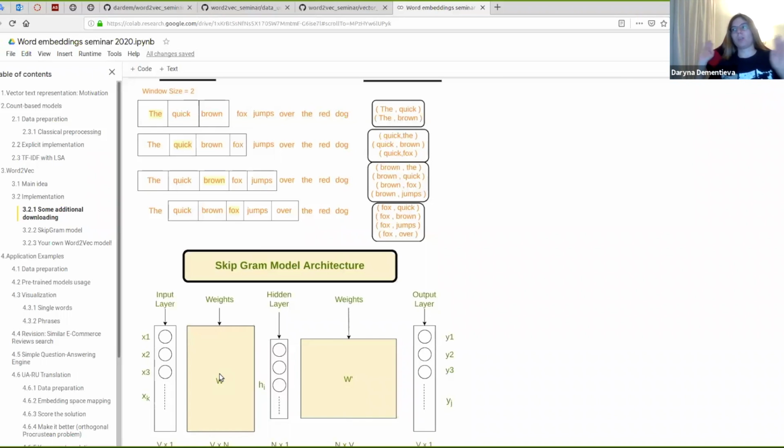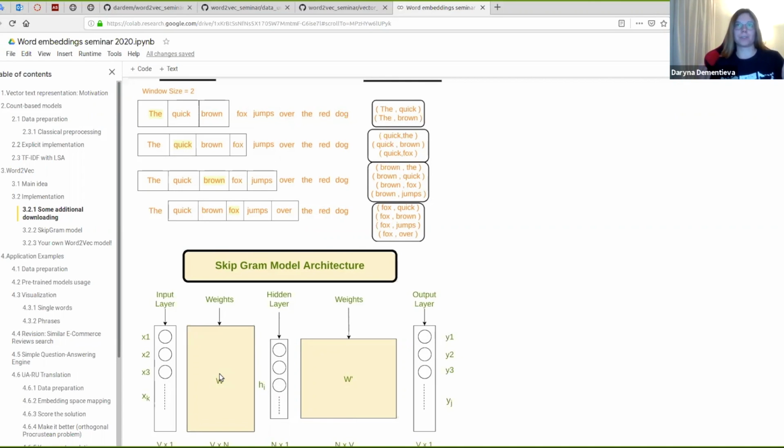We have the whole dataset, the whole vocabulary, and we just put the sign that we are working with this word, and after that we use the matrix of weights. We are dealing with a classical classification task,